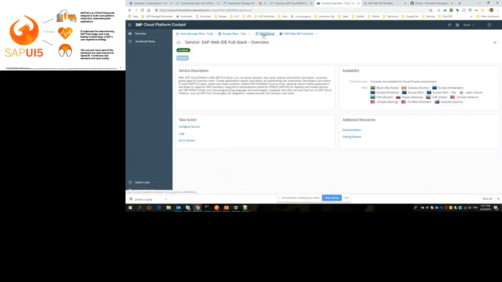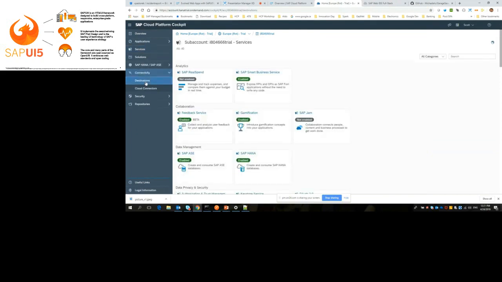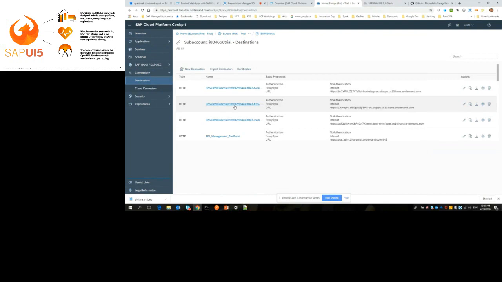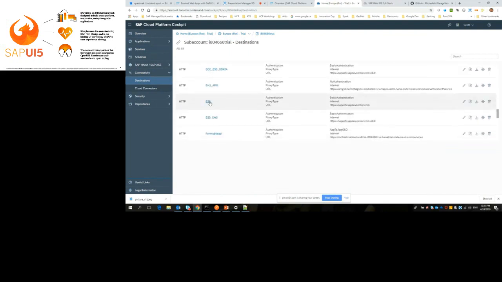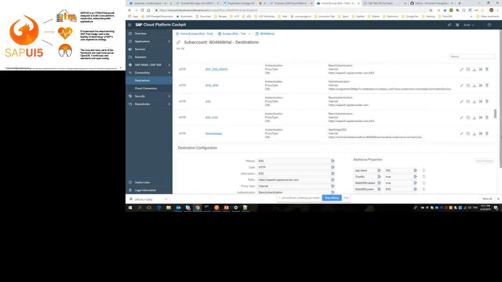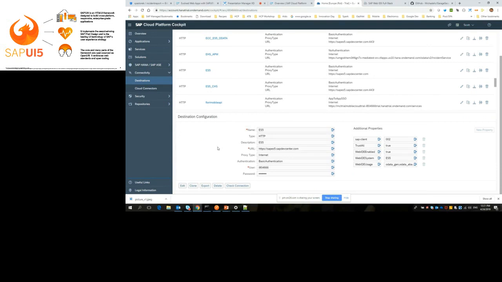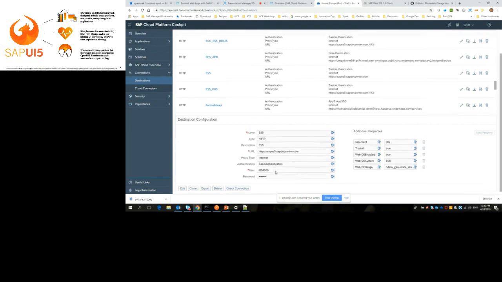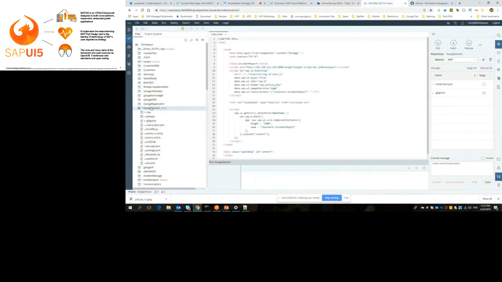So if I go back here quickly, underneath connectivity, underneath destinations, just in case you're brand new to this, which I don't think most people are, you will need this destination called ES5. You will need this set up in order for this project to run. So provided you have imported this, because Michael's provided it, but you'll need to have your own username, your own password. There's a very simple registration process on the internet that describes that. Just Google it, registering for ES5, you'll find that. Get that in there, get it created, and then I believe, Michael, if it works like it worked the last couple of days, if we just run it,